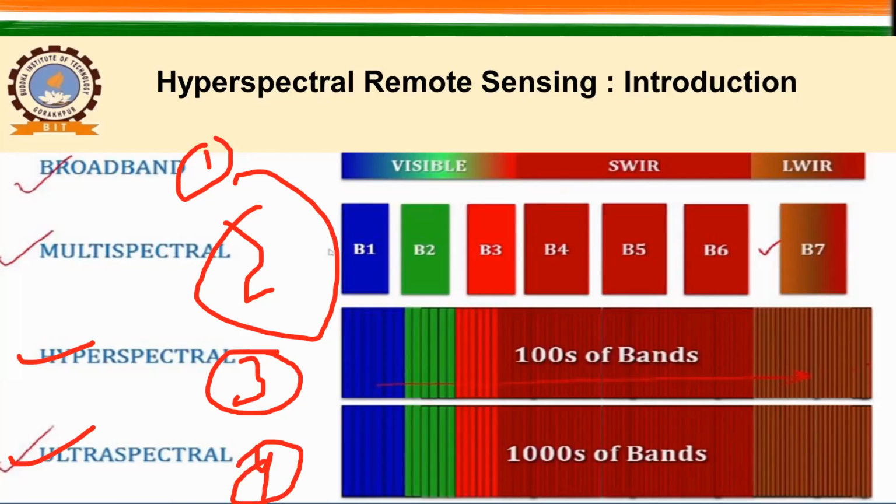In ultra spectral, again there will be no gap in between the bands, but here the numbers will be in the order of 1000, right? अब next case में हमें देखना है where